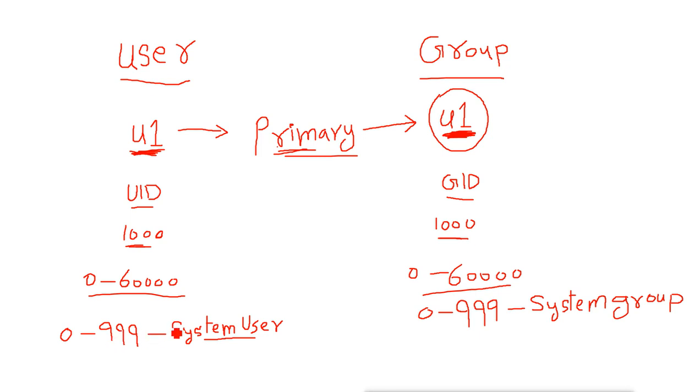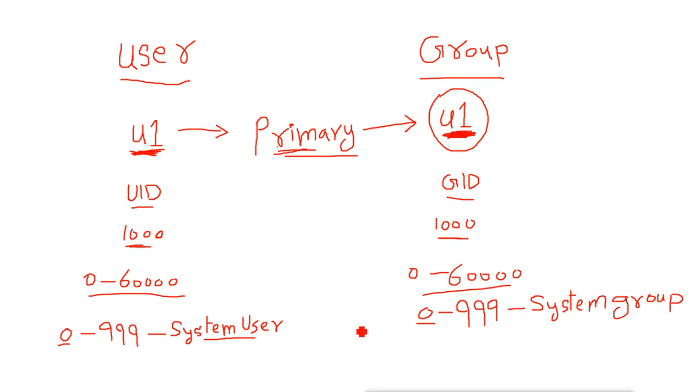Now with that system user, a group will also be created, the primary group for that user, and that group will get a GID from 0 to 999. Both will get the same UID and GID. For example, 0 is the UID for the root user account, the administrator, and the primary group of the root user account is also root, and that group gets the GID of 0. So UID 0 and GID 0 are reserved for the root user. The same goes for the other system users: when we create them, they will get these UIDs and GIDs.